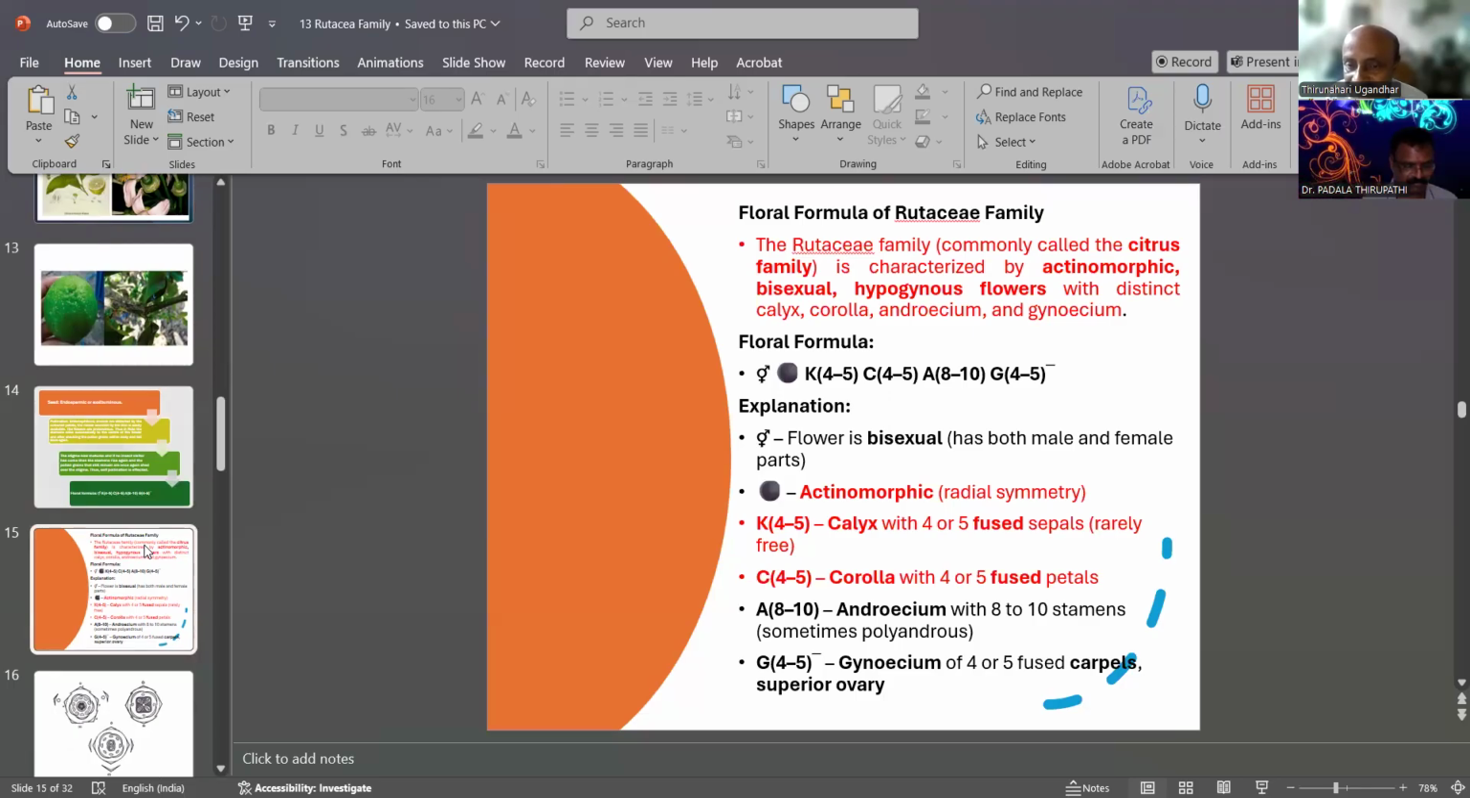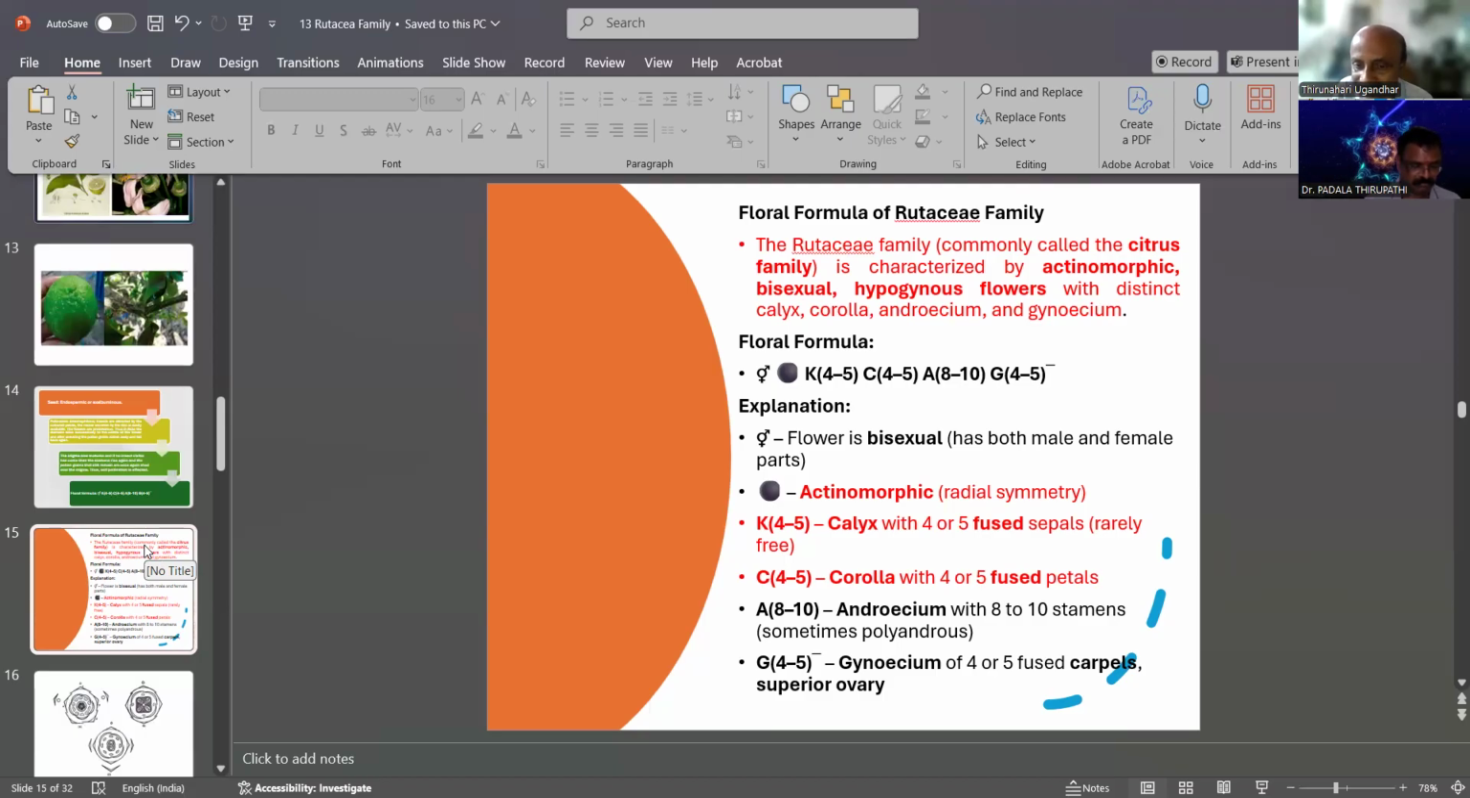K4-5 means calyx with 4 or 5 fused sepals, rarely free. Fused means the brackets are there, and the 4-5 in brackets indicates fusion. Then C4-5 means the corolla has 4 or 5 fused petals. Then A means 8 to 10 stamens, and the 8 stamens are bundled in only